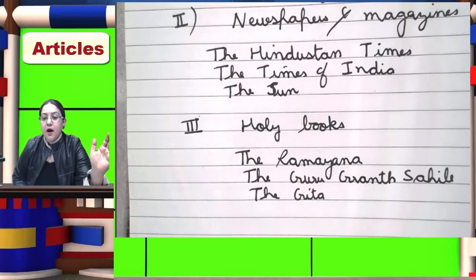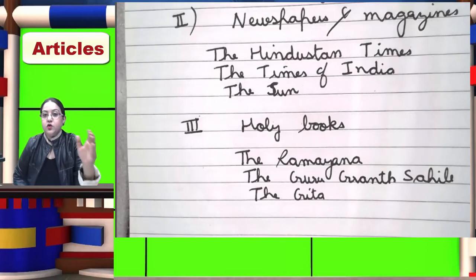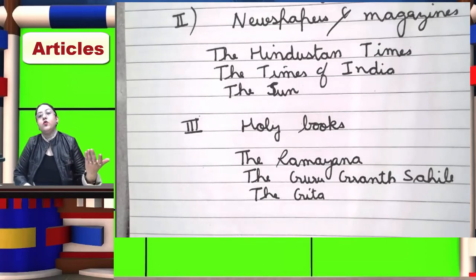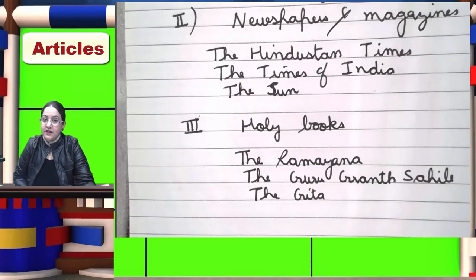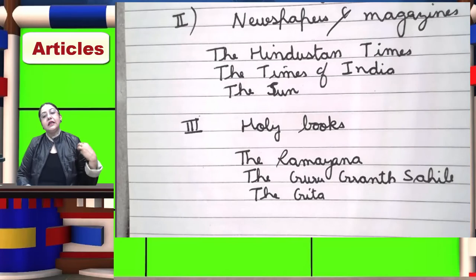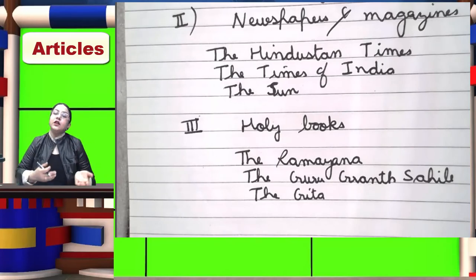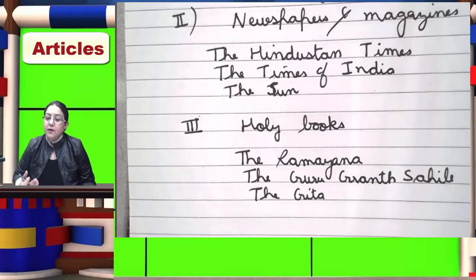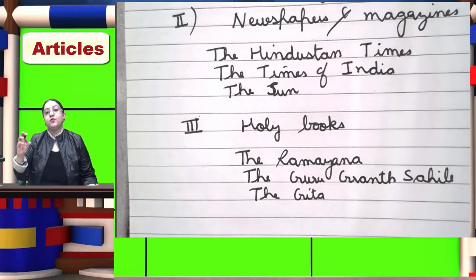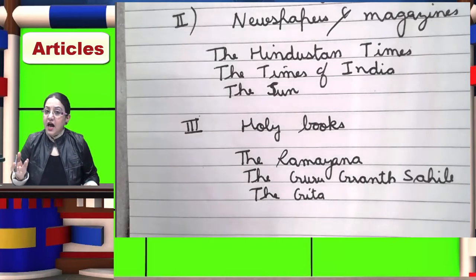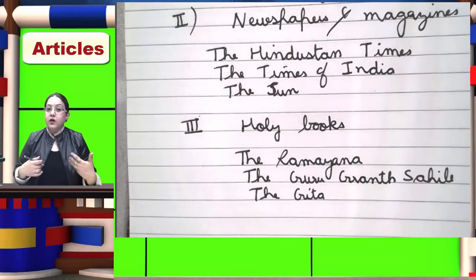For example, if we talk about Ganga River, we have just one Ganga River in the whole world. So Ganga River means we are talking about a unique river that is only one of its kind. When I'm talking about the Hindustan Times, we have only one newspaper by this name and it is a very famous newspaper. So we are using the Hindustan Times. The I'm using in those cases where I'm talking about an object or a thing that is special, that is one of its kind, that is unique, that is not common.